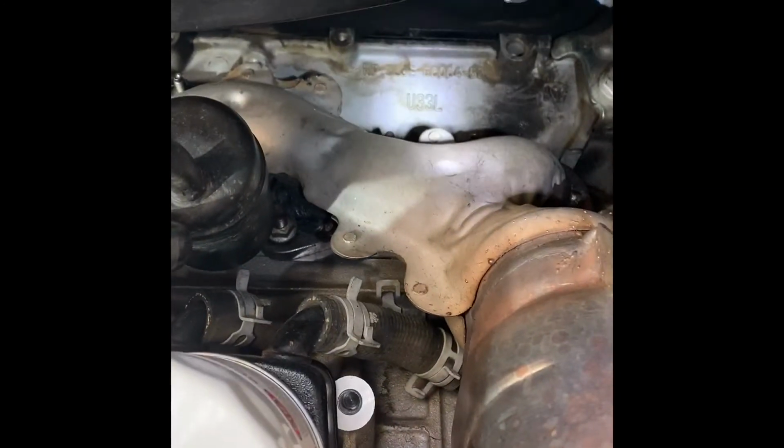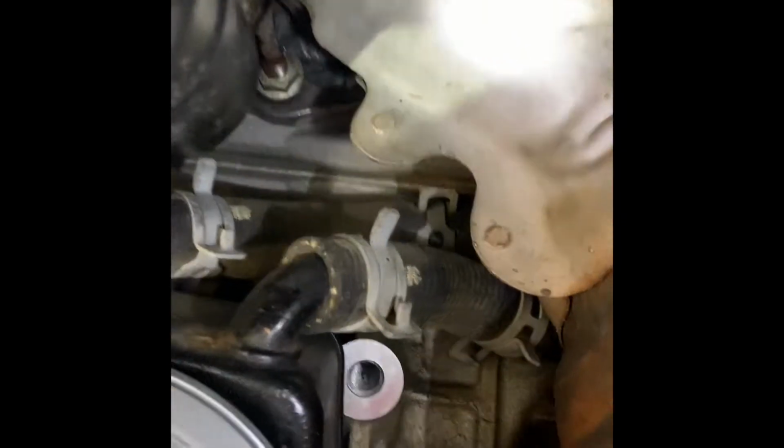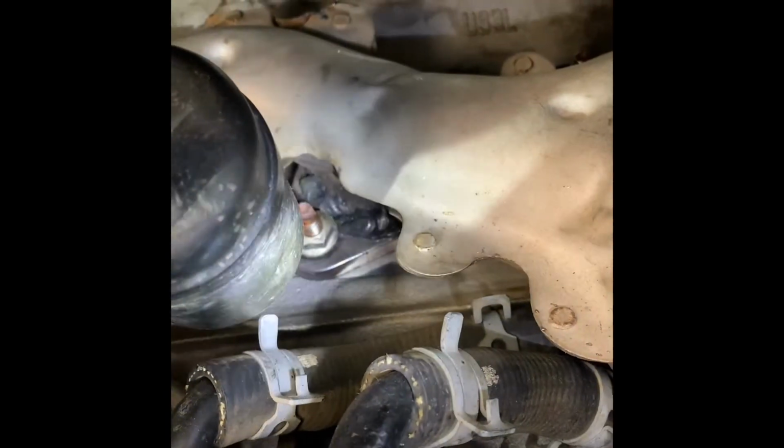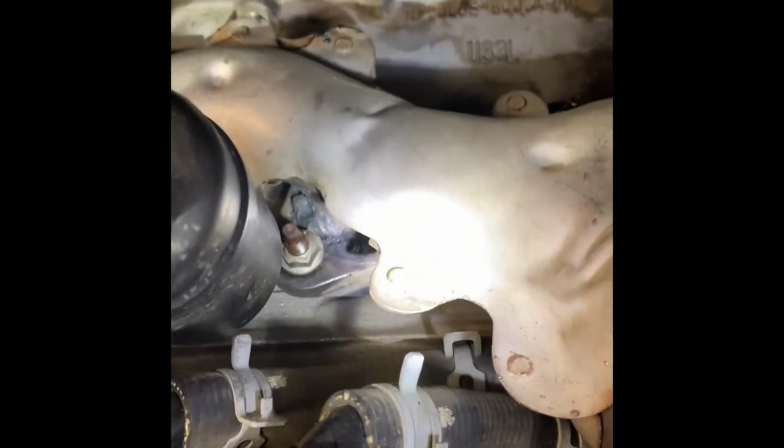Hi folks, let me show you what I did with my Mazda Tribute. I recently fixed the exhaust leak in this front exhaust manifold. That one, the middle one, was broken, so the flange came off from the exhaust manifold, the center one, so I welded that part myself instead of buying a new